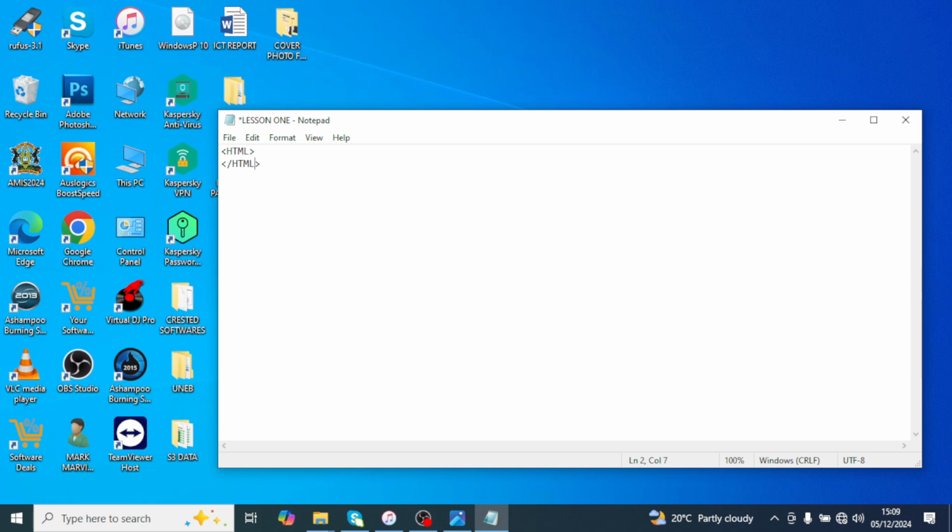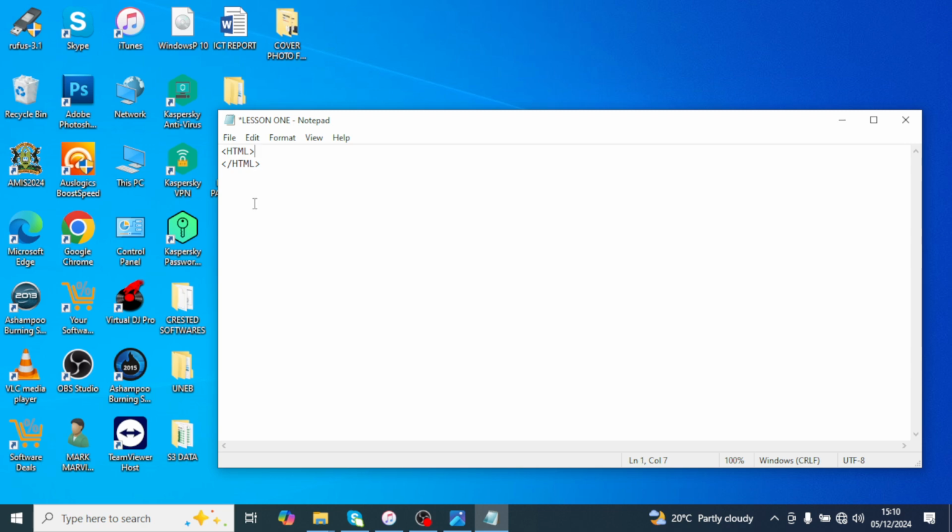Now that's the right way of opening HTML and closing HTML. Some of the mistakes you can make when writing the tags is this. If you type as if you're typing a Word document, you see what I'm doing? HTML, then you close, then you type again HTML. You see, I'm already making a mistake of not closing. So avoid that way of typing. You type by opening the two tags at once. Type HTML in the tags, press enter, open the tags again, type the slash HTML, and then go in the